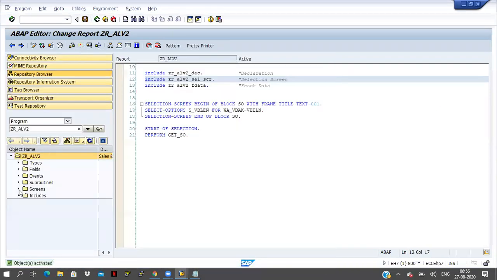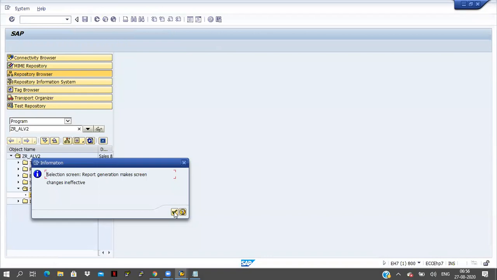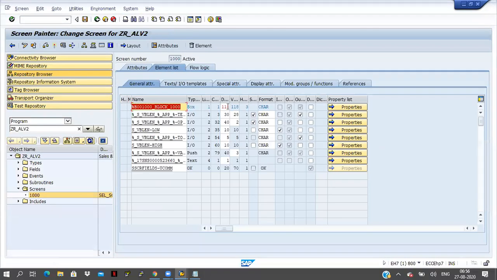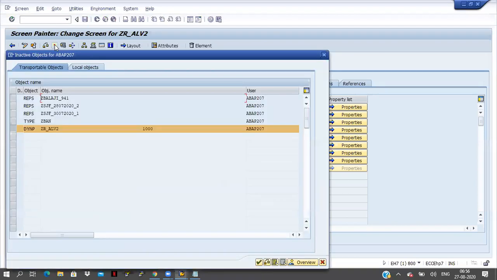Now we can see the screen here. If you scroll down, screen number 1000 is coming, and here the element list is coming. Here 118 is coming, so I will change it to 100. Click on the save button, activate it.